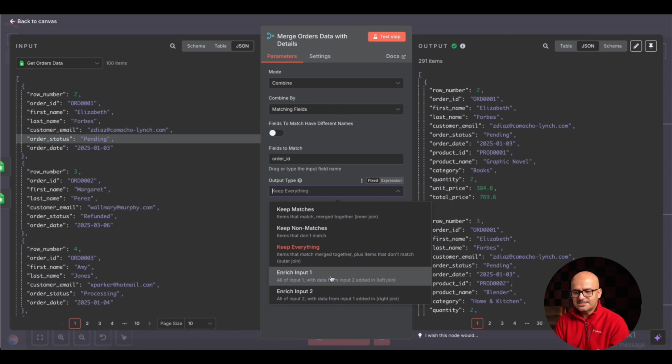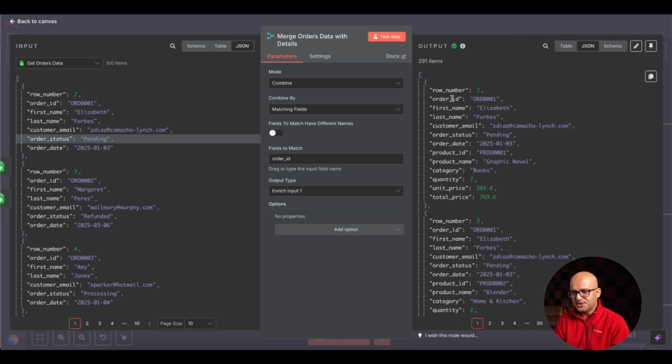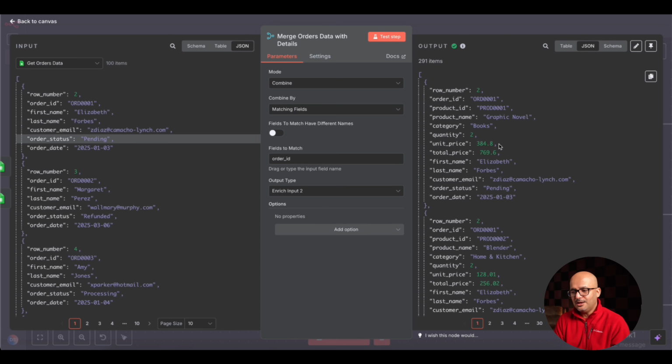Now let's see what happens if I say enrich input 1. You can see at the top we have order header data, and at the bottom we have order products data or order details data. In case something is missing in the product details, maybe some products don't have product IDs or product names, then these values will not be present over here. Now the next option is enriching input 2. If I click on that, you can see all the input 2 data is coming at the top and input 1 data is coming at the bottom. That means it is first processing input 2 and seeing whether there are matching records present in input 1, which is our orders header data, and then trying to combine them together.